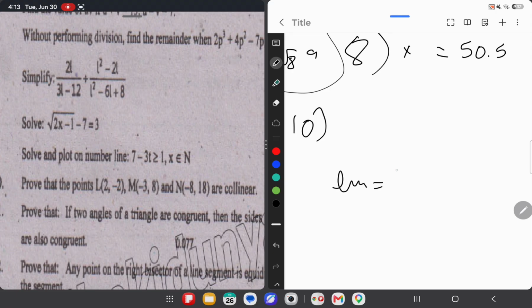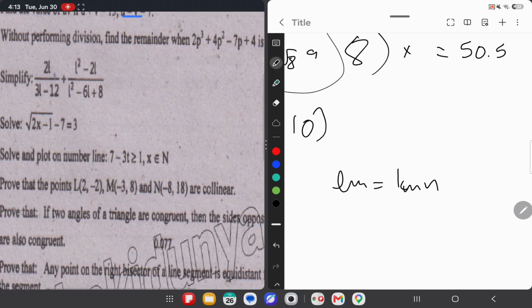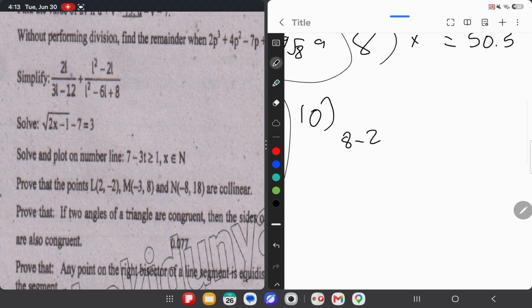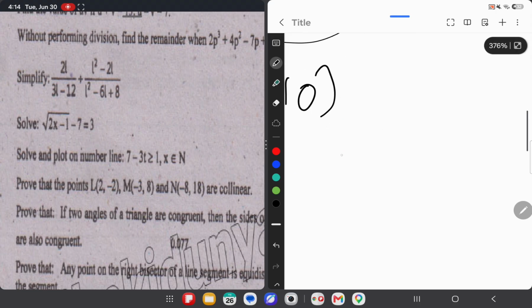LM is equal to MN. This is 4 marks, by the way. If they are parallel, then they are collinear. So the gradient must be the same. Let's go. So for ML and MN, it is 8 minus 2, minus 2 minus